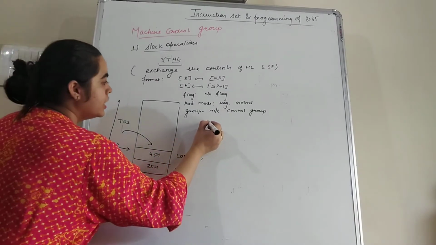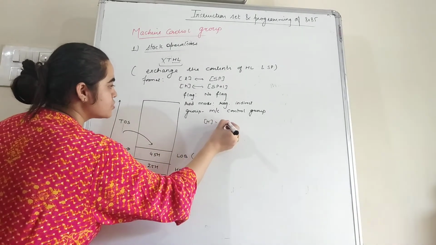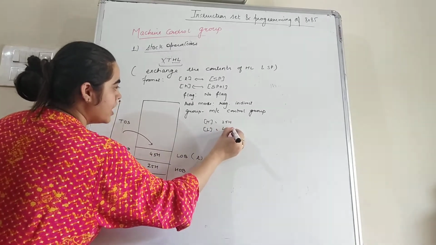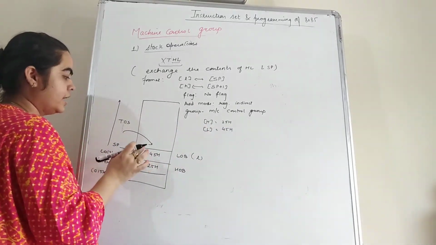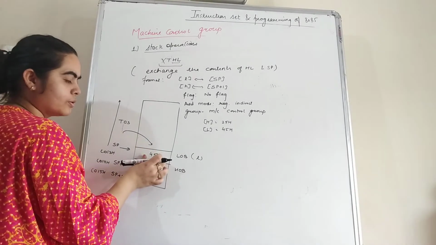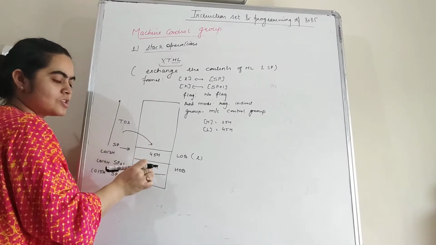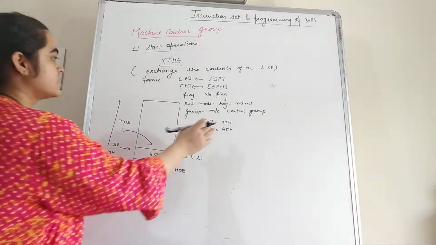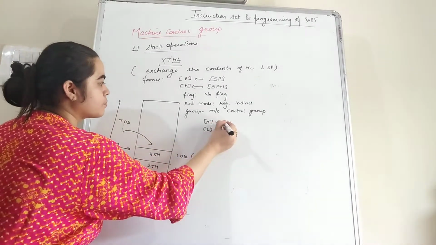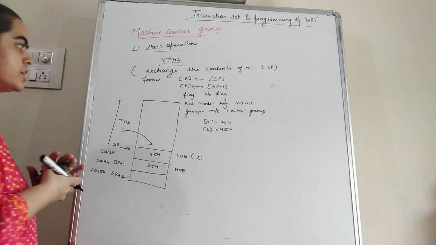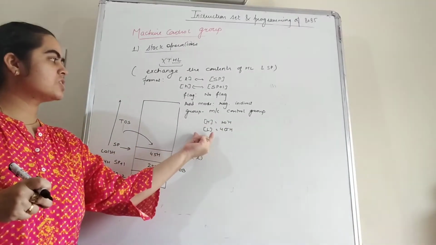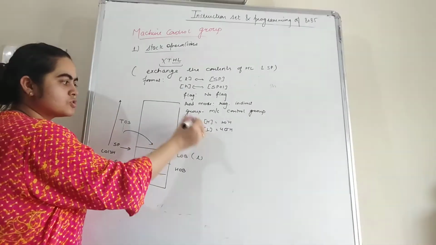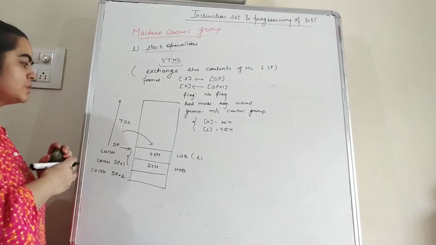For example, in H we have contents 25H and in L we have contents 45H. And in the stack pointer, at the lower order byte we have 45H and in the higher order byte we have 25, the same contents. So we can take some other example. Suppose in H we have 20H and in L we have 40H. Now we have to exchange the contents of HL with SP and SP plus 1.